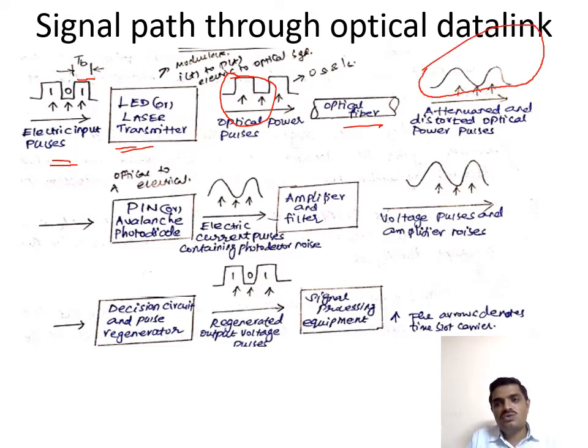So why does this structure change, sir? Because of the fiber quality and the usage of components, the structure may change. Based on the fiber quality and the components used in this particular connection, the digital signal is converted into a sine waveform. Then the sine waveform contains a certain amount of noise. Those noises are also detected by our pin or avalanche photodiode, which is used in the receiver unit.